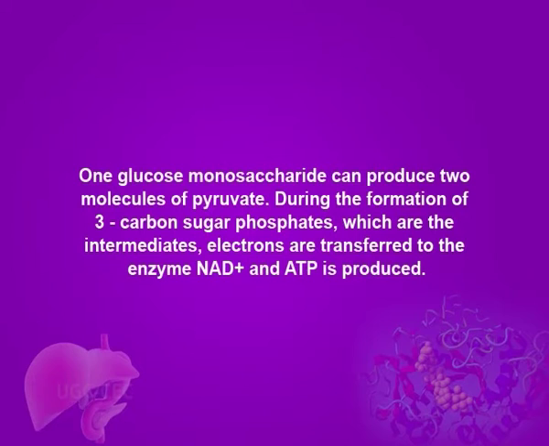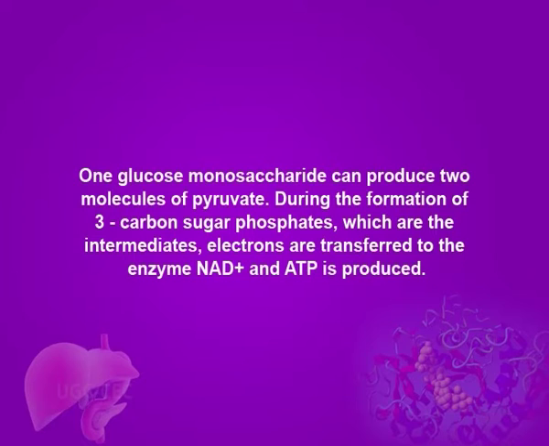The glucose is converted into pyruvate during the process of glycolysis through a series of intermediates, in a process which releases energy as ATP. One glucose monosaccharide can produce two molecules of pyruvate. During the formation of 3-carbon sugar phosphates, which are the intermediates, electrons are transferred to the enzyme NAD+, and ATP